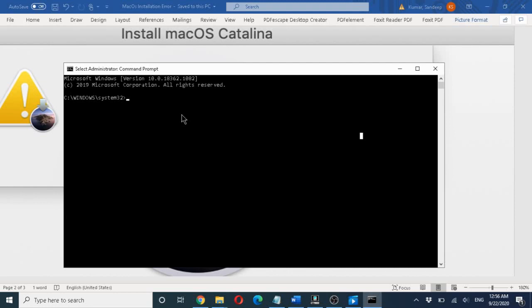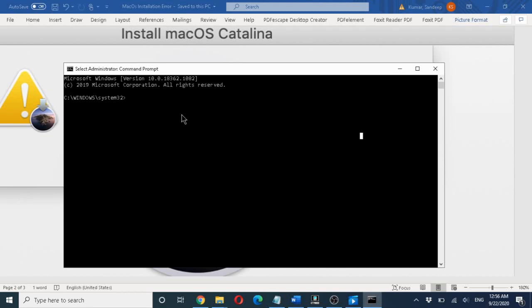I have an 8 GB pen drive, so I'll make that bootable. Then we will use one software and also download one image file for the operating system, and make that drive bootable.